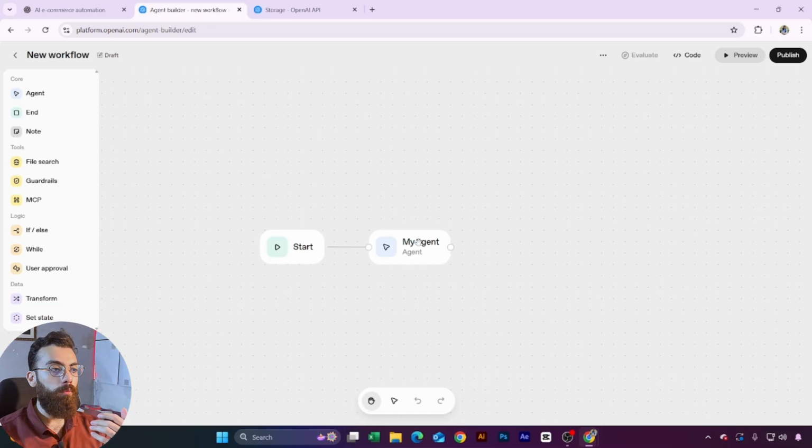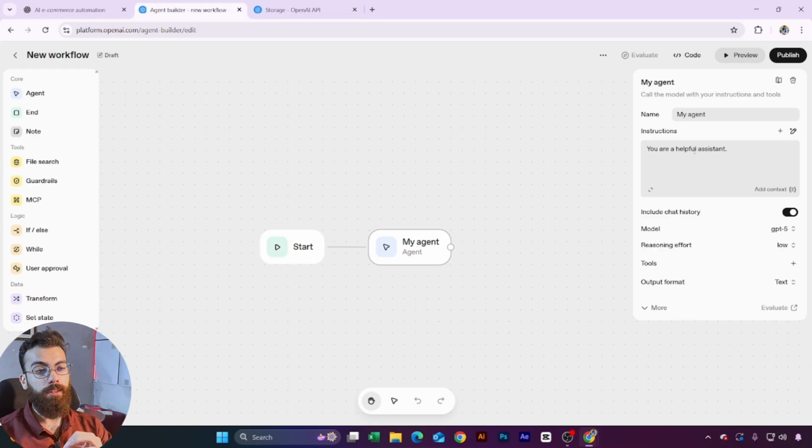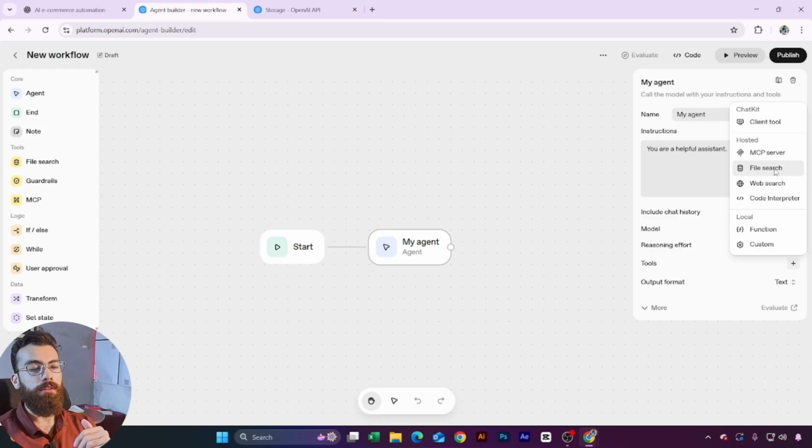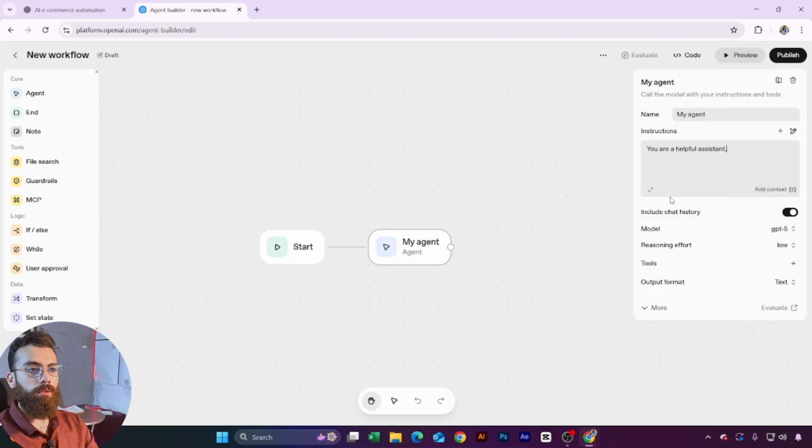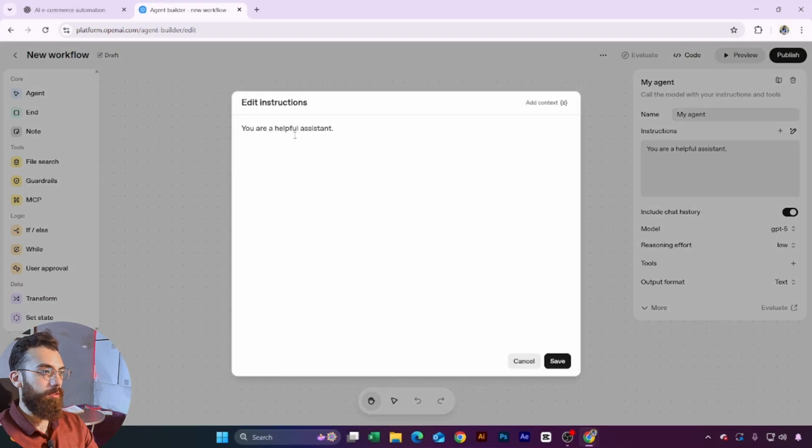So we have an agent. I will instruct it to identify if the user wants a car number plate or a bike number plate. So it will be an easy one, not a difficult one. And in the tools I will be using file search to add a file of products that we have for this category at this price, so that we have more organized and to-the-point conversations. I will just click on this expand prompt button